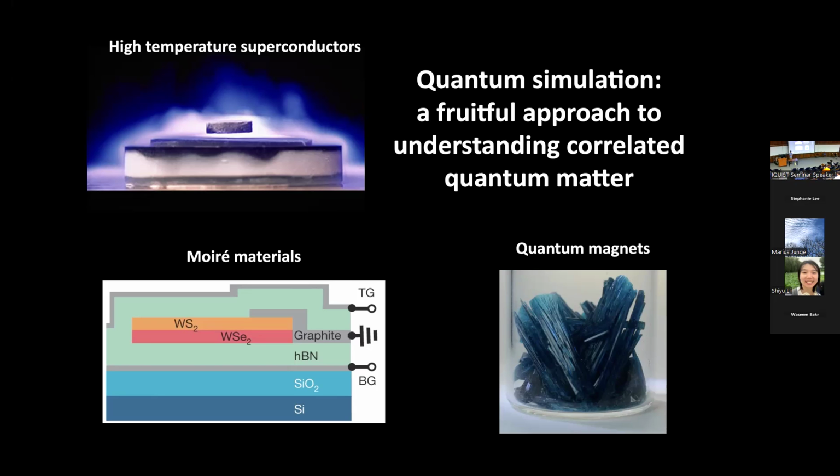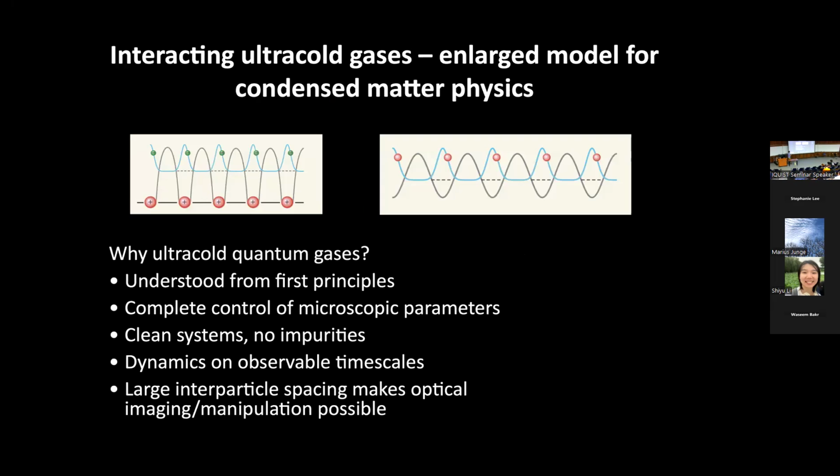And people are pursuing this approach with different synthetic platforms like ions or superconducting qubits. Today, I'm going to be telling you about how we do this with ultracold gases. So the systems we're working with are very dilute vapors of atoms or molecules. Typically, the atoms I'll show you here are alkali atoms. You put them in a vacuum chamber. The typical spacings between the particles in the gas are on the order of a micron or so. And to study quantum physics with these gases, you have to cool them down to very low temperatures in the nanokelvin regime. We have ways to get there with laser cooling and evaporative cooling. And once you cool them, they become quantum gases.